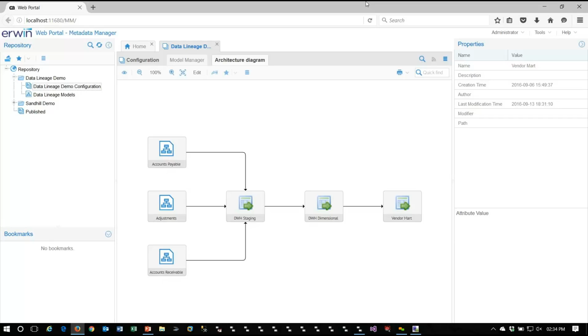Typical connections, we will see these dark black lines are representative of our data lineage. And if you remember the process when we captured our ETL mappings into our models, we had accounts payable going into our staging, our accounts receivable going into staging, and our adjustments going into staging. Then we moved the data from our staging to our dimensional, and from our dimensional to our vendor mart. So I'm going to drill straight into our vendor mart environment